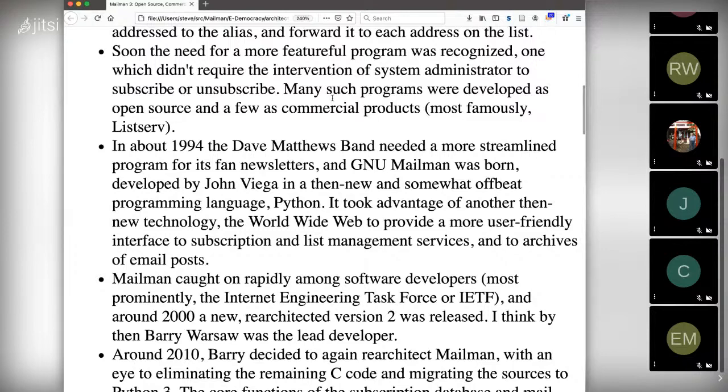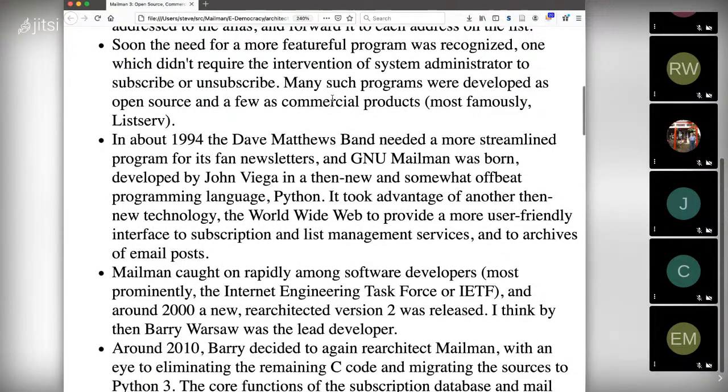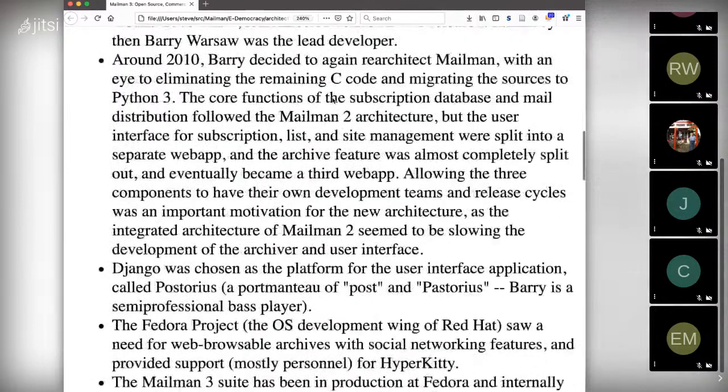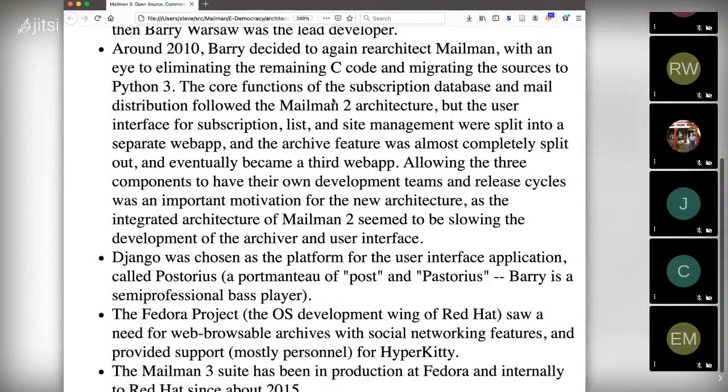Around 2010, Barry decided to re-architect Mailman again, and there were two goals at that point. One was to get rid of the remaining C code. We had a little bit of C that was basically there to handle changing the user. Some of the stuff that Mailman does used to involve root access.